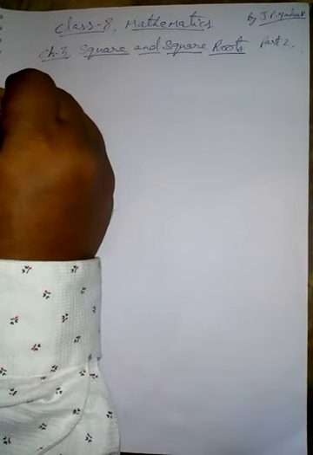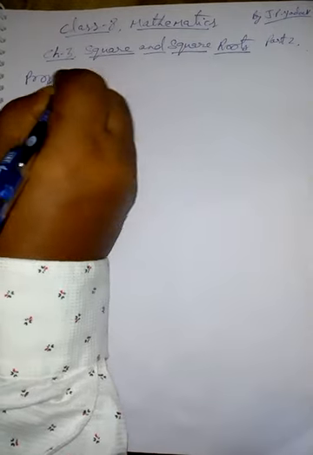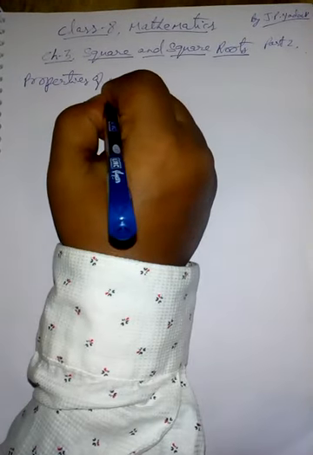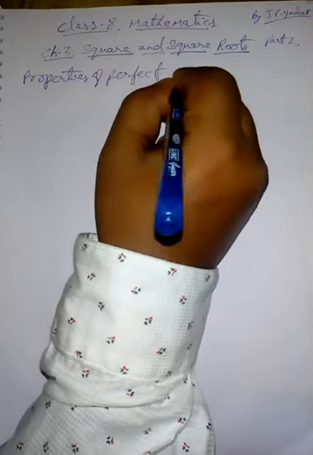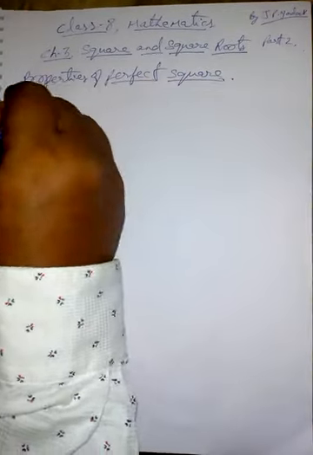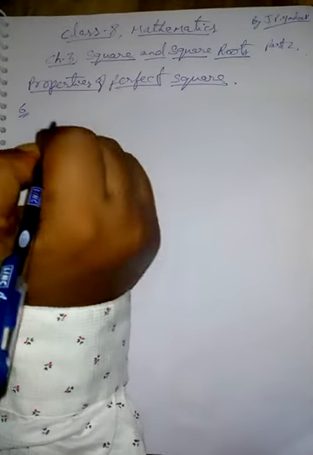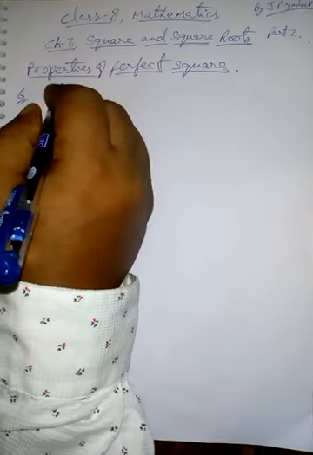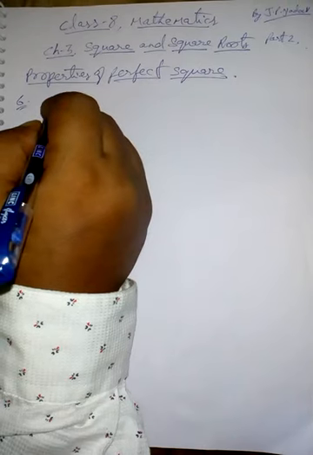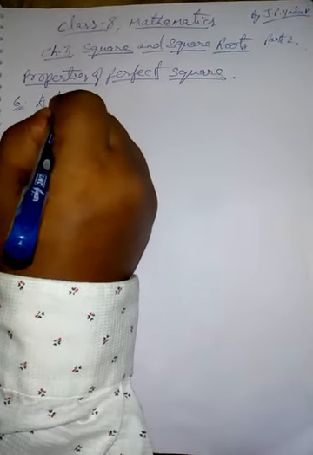In that, we were doing properties of perfect squares. So we have completed up to the fifth property of square numbers. Now, today I am continuing it and starting the sixth property of perfect squares. The sixth property says that a